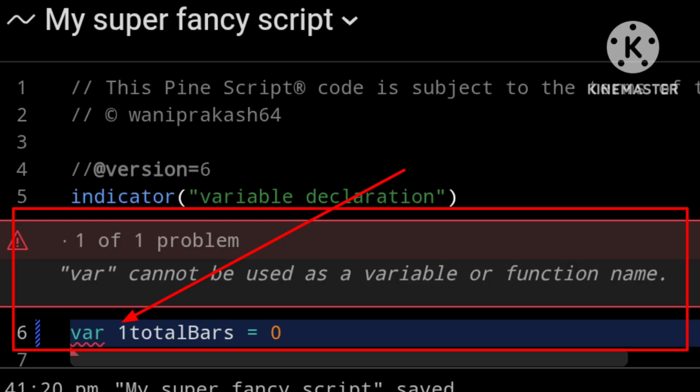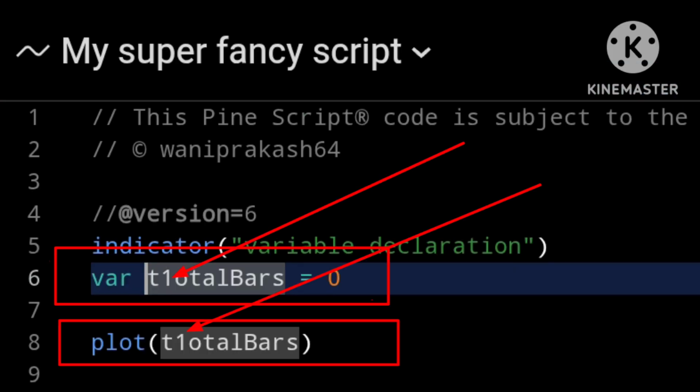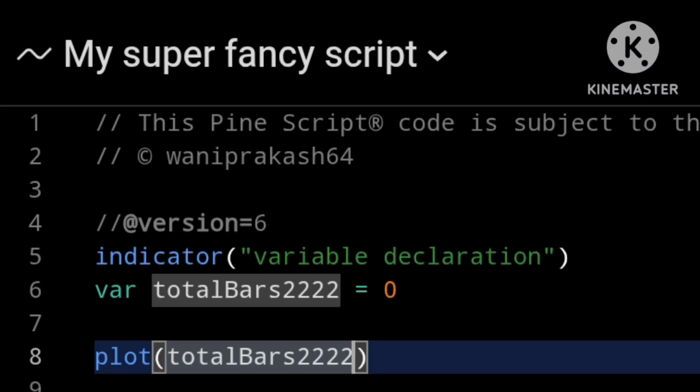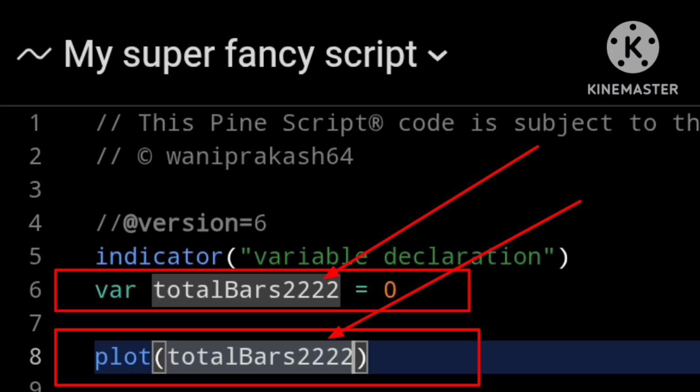You can have it after text. So we could say T10 bars and save the script. That will work just fine. You could have any number on the end of your variable name and that will work just fine.